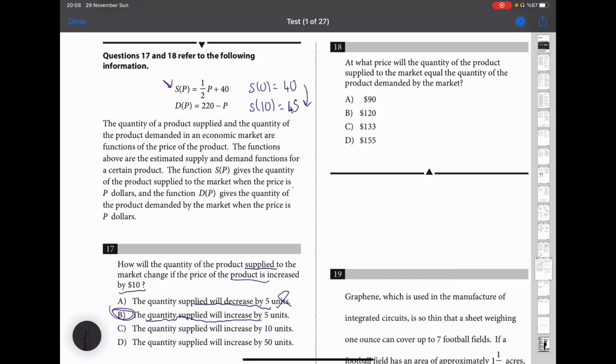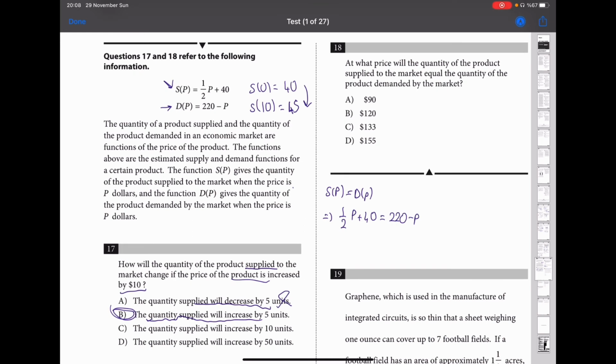Question number 18. At what price will the quantity of the product supplied to the market equal the quantity of the product demanded by the market? So it asks me to equate the supply and demand curves and find the price which satisfies the equation. So S of P is equal to D of P. So 1/2 P plus 40 is equal to